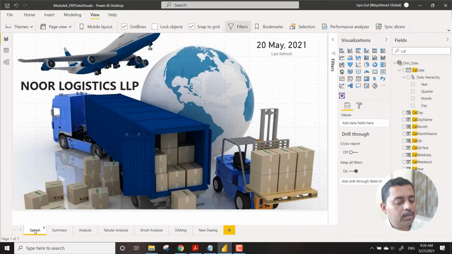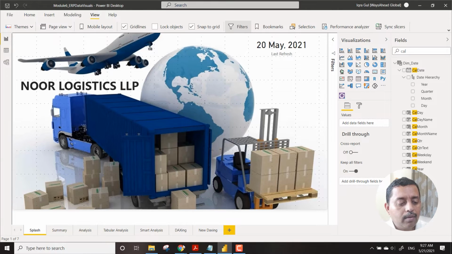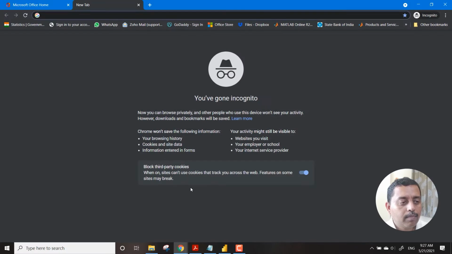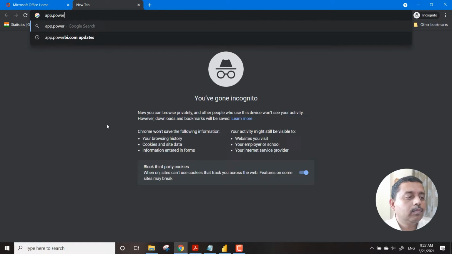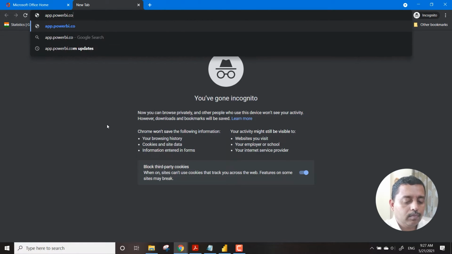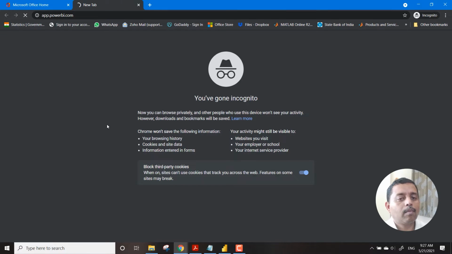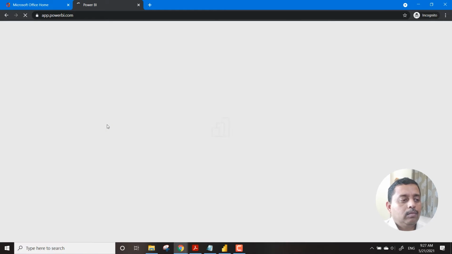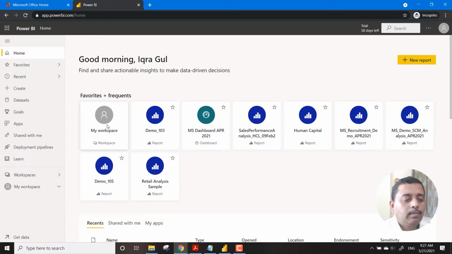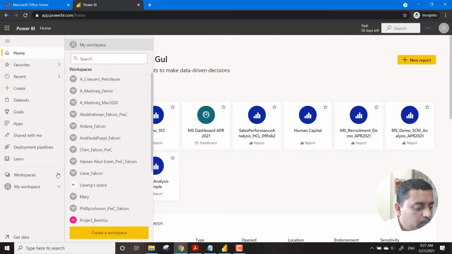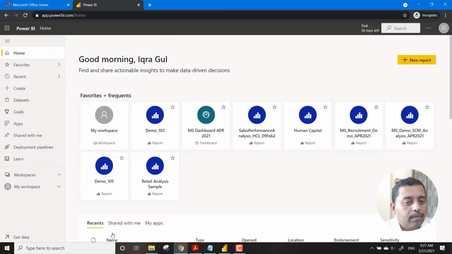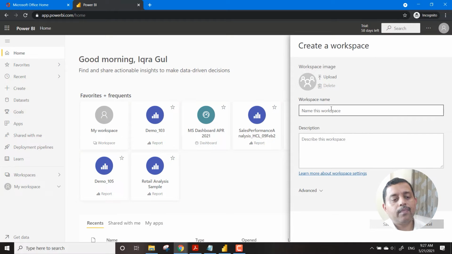Now we have saved this, and we go and take a look at where we publish this data. The first thing we need to do is say workspace and create a workspace.